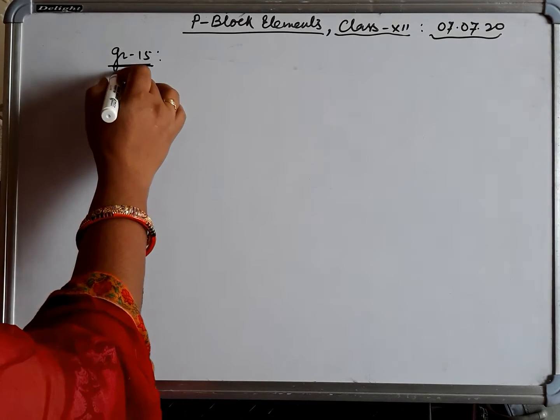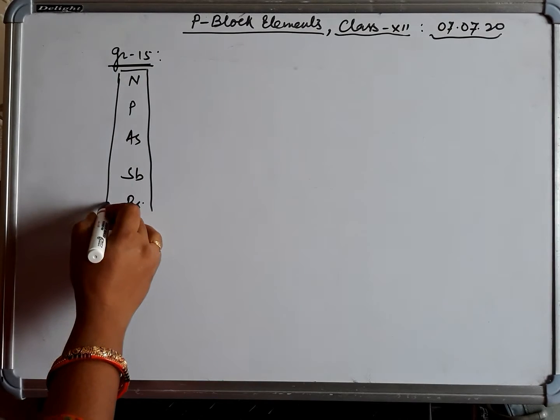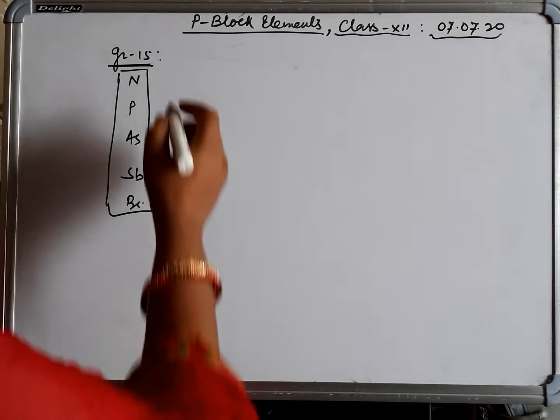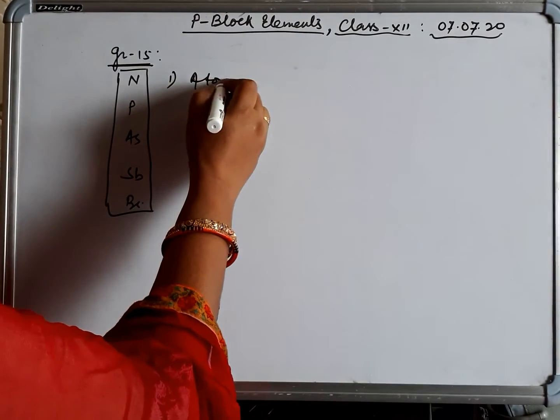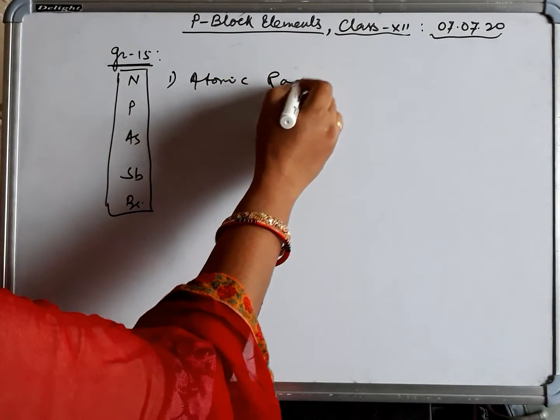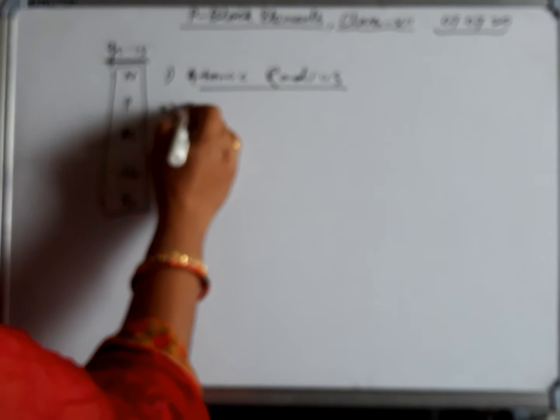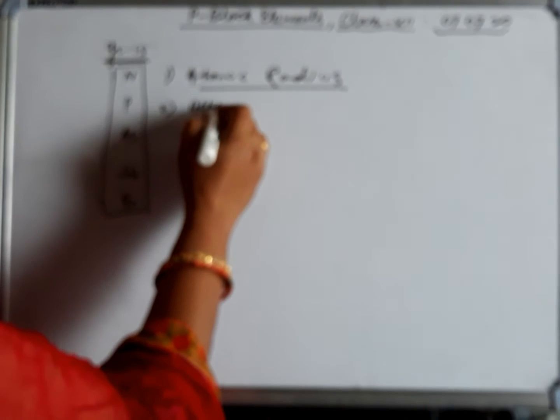As we have discussed earlier in the previous video about their general characteristics, we have already discussed the atomic radius of the members present in group 15, and we have already discussed the